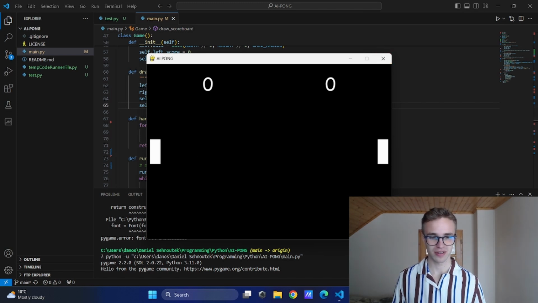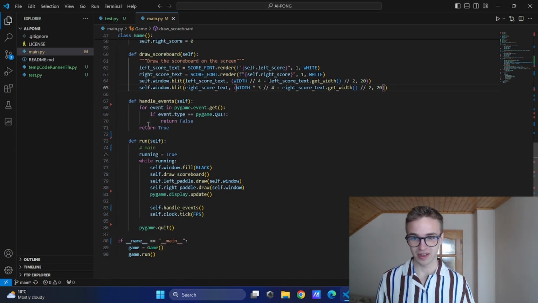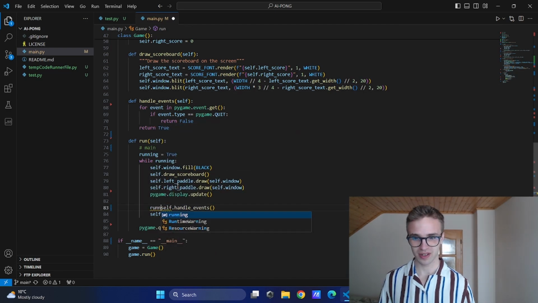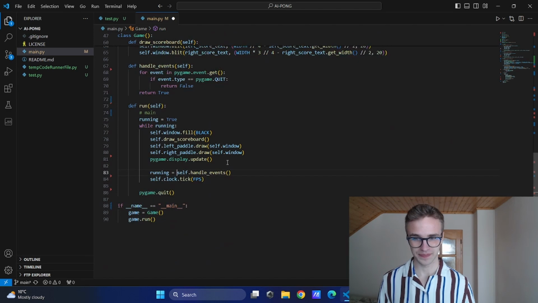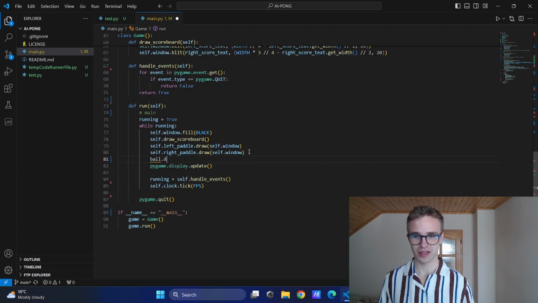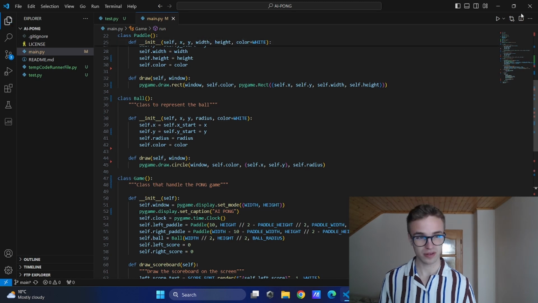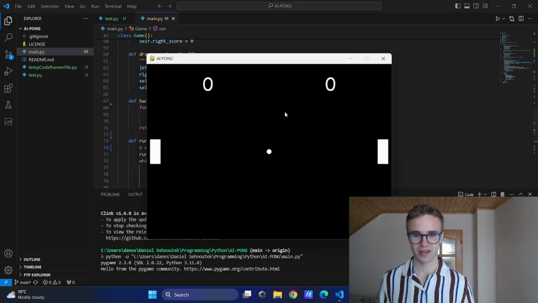Okay, it is not working that well because in this return true and return false we need to put in the running bool variable, and we also need to display the ball. So self.ball.draw(self.window). I will check quickly. Yes, we need to define the window. Run the code, and as you can see, now